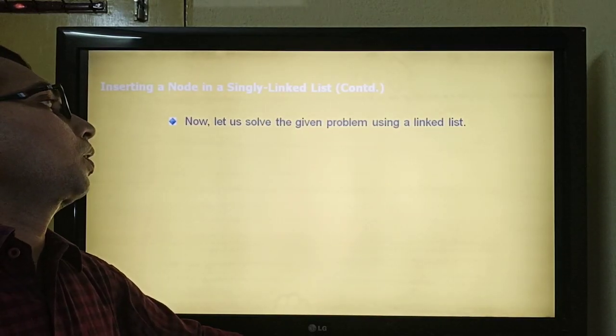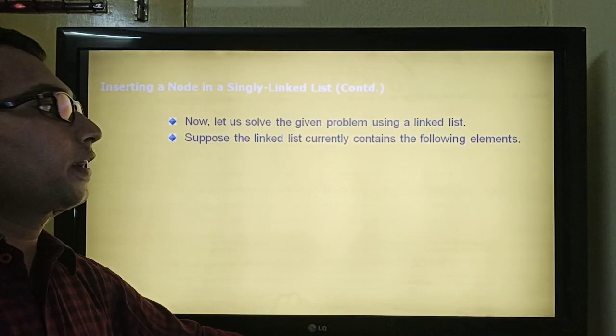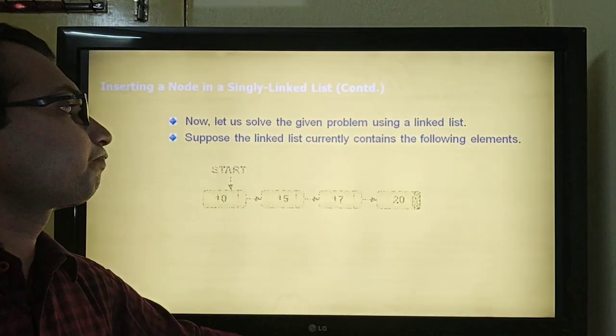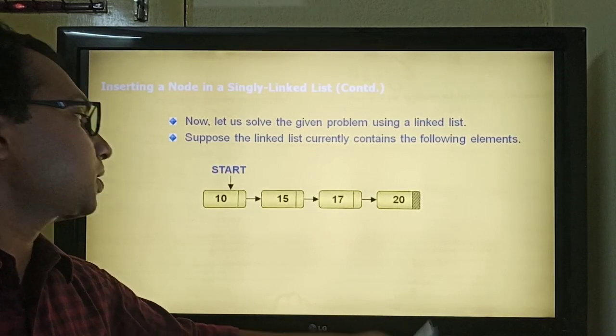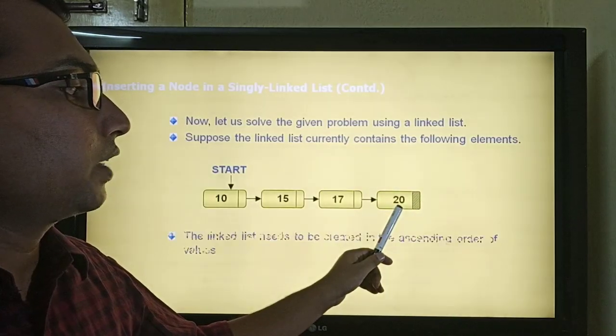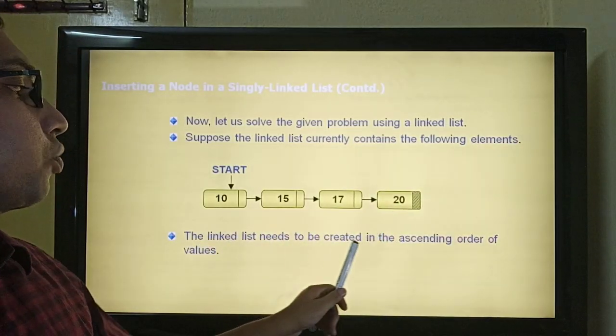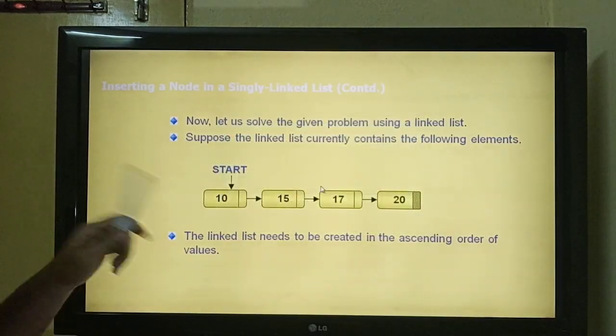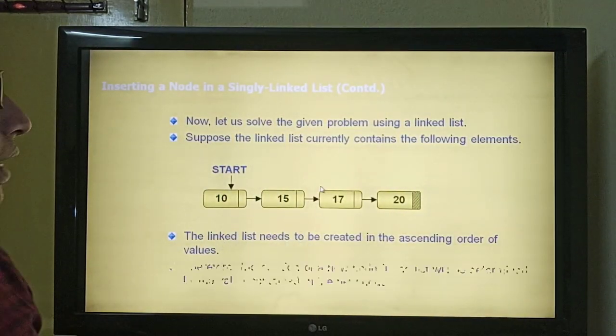Now let us solve the given problem by using a linked list. So here, suppose we have the linked list with 10, 15, 17 and 20 as values. The linked list needs to be created in ascending order of the values, the same problem which we had just solved using an array.